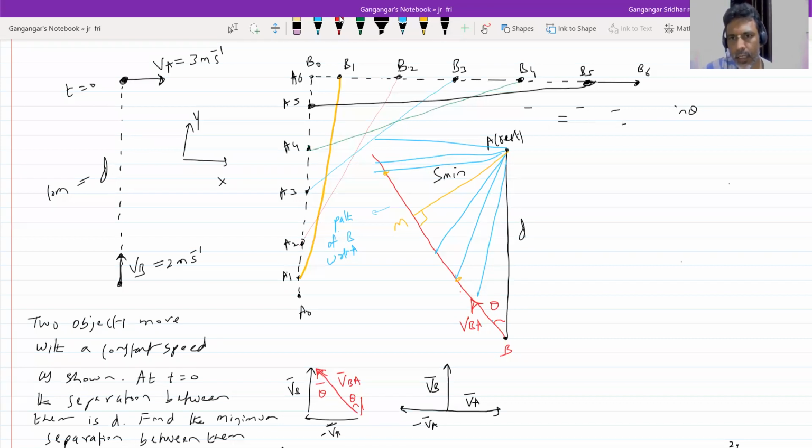I'll write everything at one place, or you'll get confused. VBA. From the vector diagram, we brought it. Okay, let's come for this. Sine theta is equal to